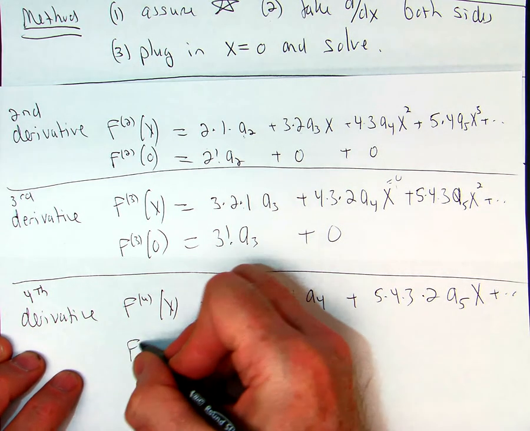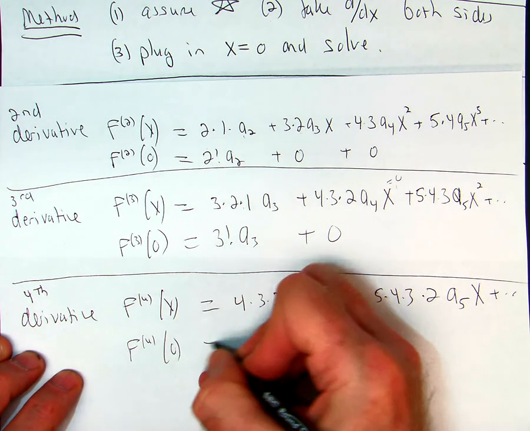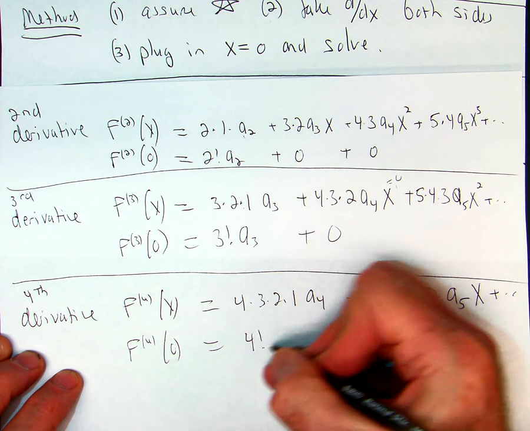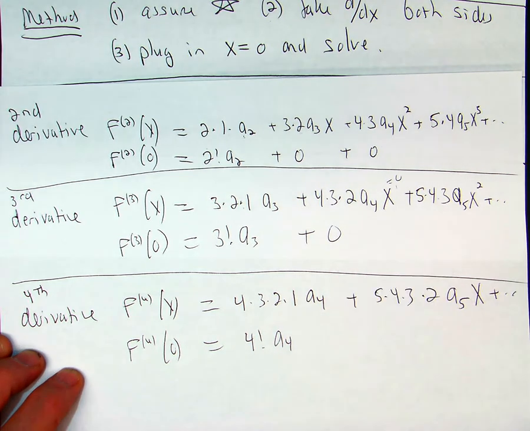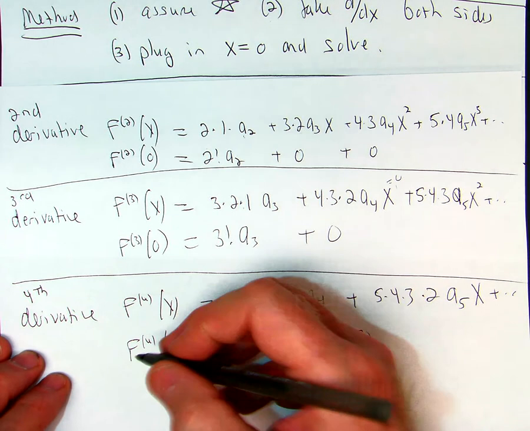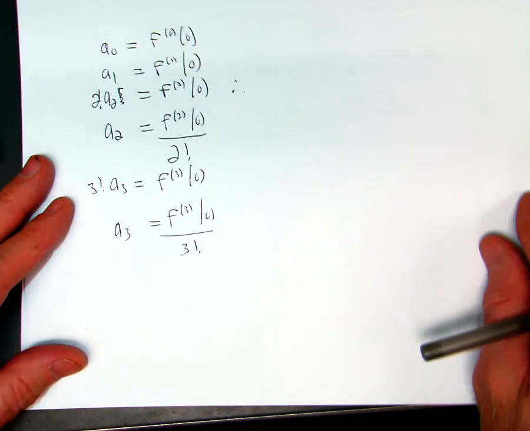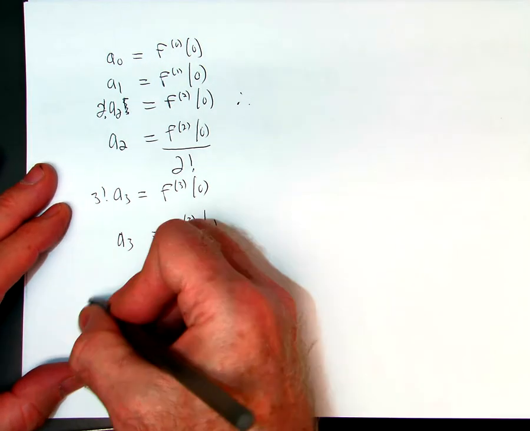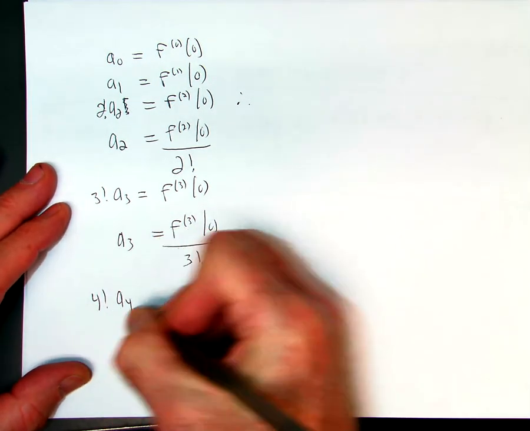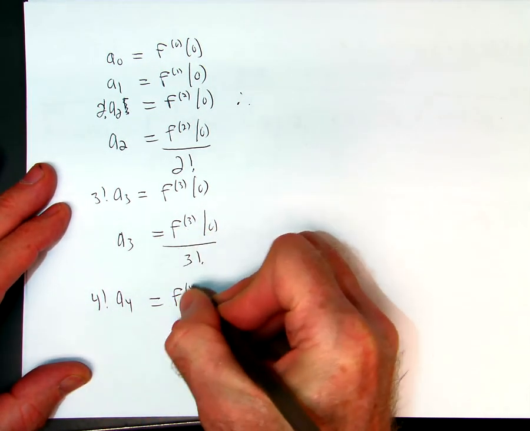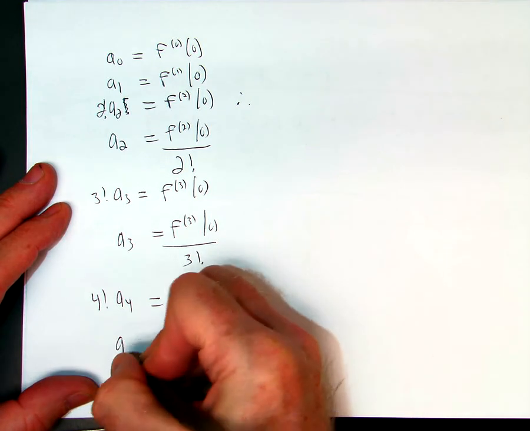Plug in 0. That's going to be 4 factorial a4, and everything else is going to be 0. Okay. So again, I'm going to switch to the second sheet. So we get 4 factorial a4 equals the fourth derivative at 0. So a4